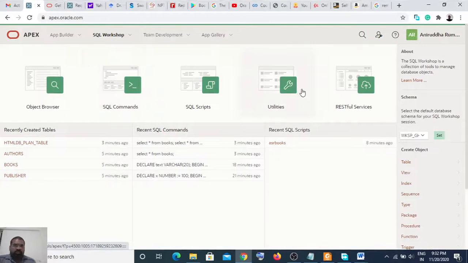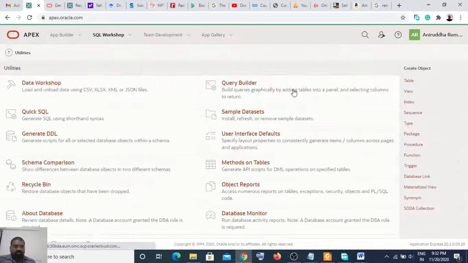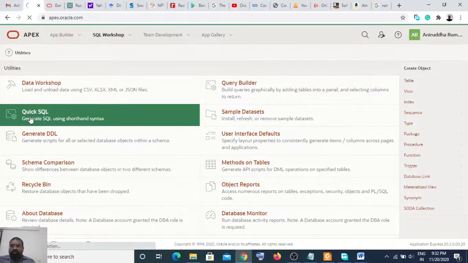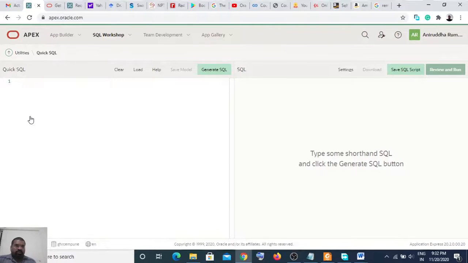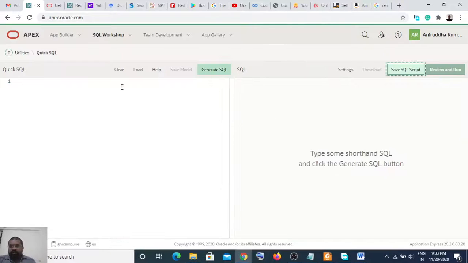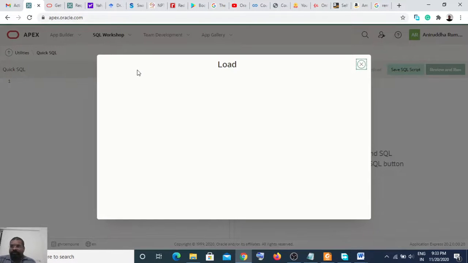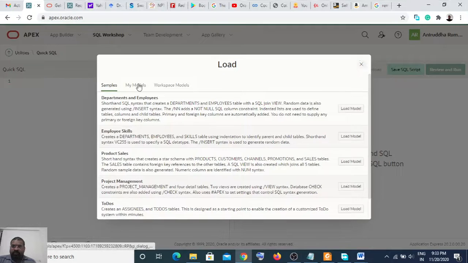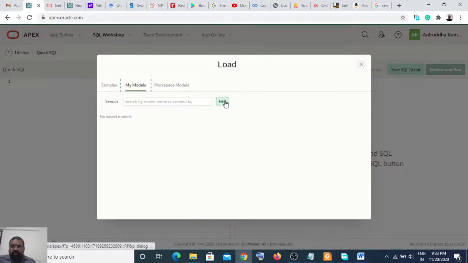Go to the Utilities, and here we have this Quick SQL, and in this we load my models, which is our books.